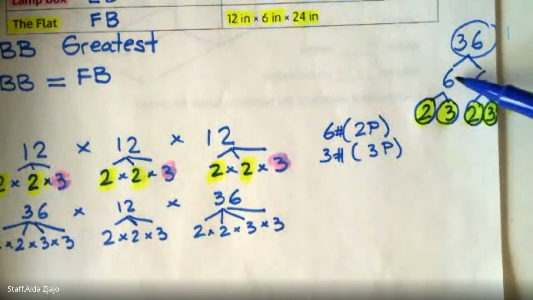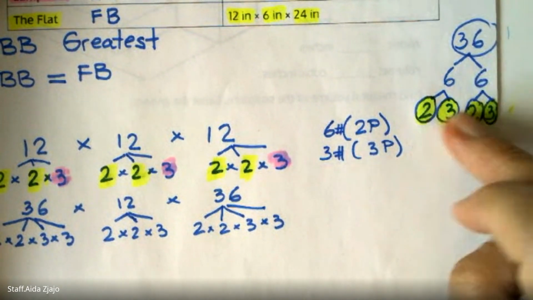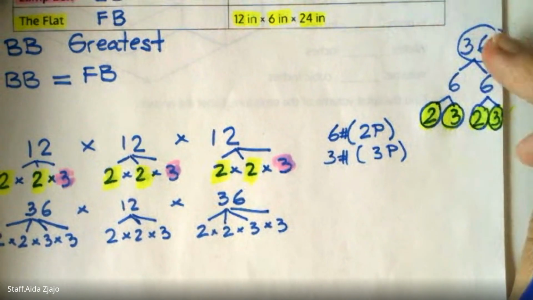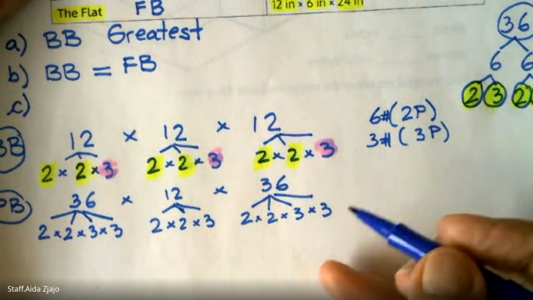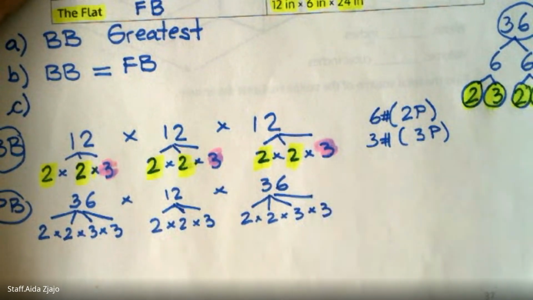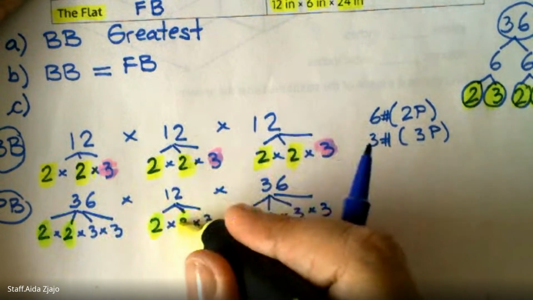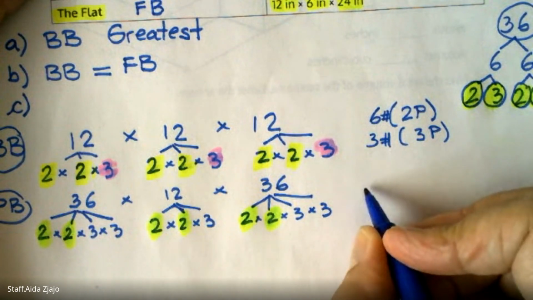So if I break 36 into 2 times 18, then I will already have 1 prime. But eventually, at the end, all these numbers are going to be the same, no matter which way you break apart 36 or any number. It's just a rule. All right, so now I can go and see. I have 1, 2, 3, 4, 5, 6